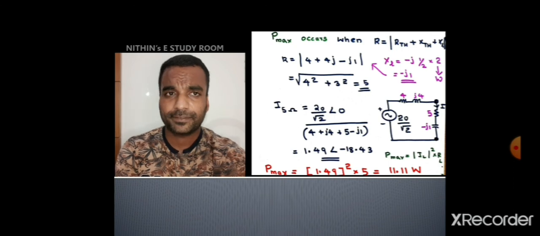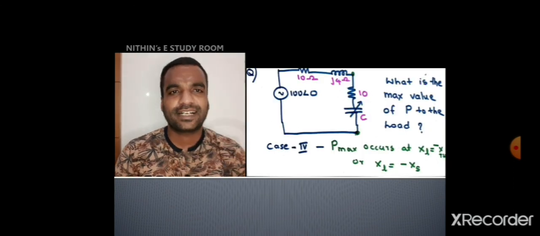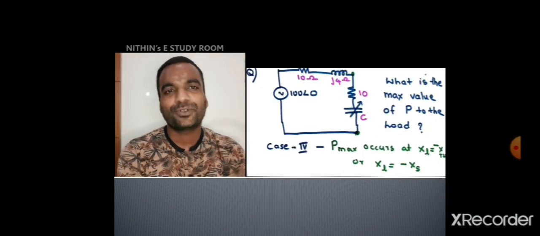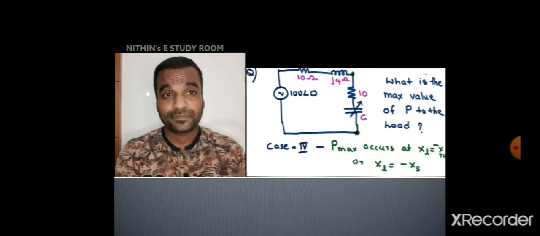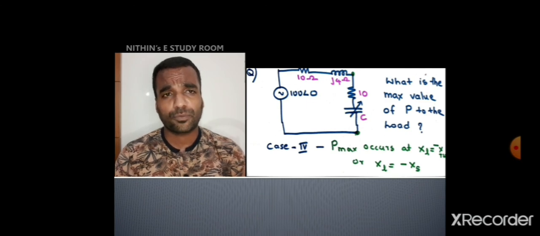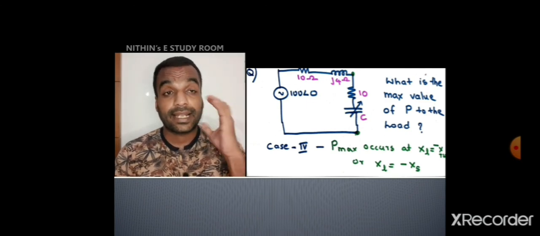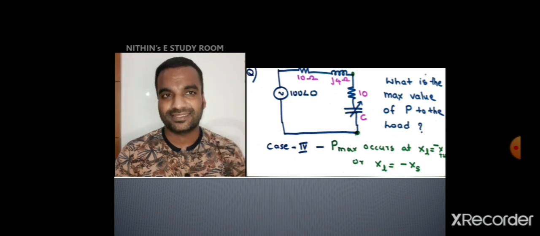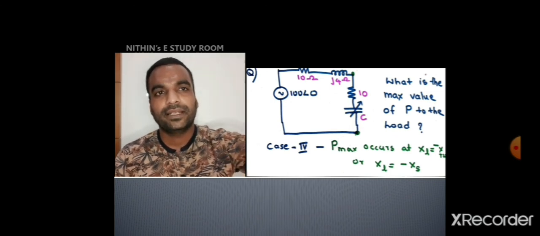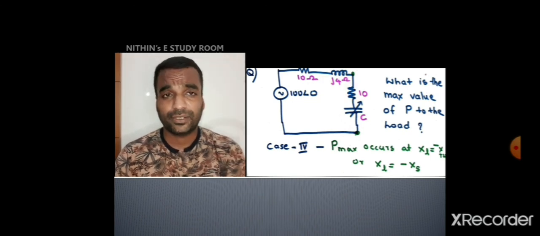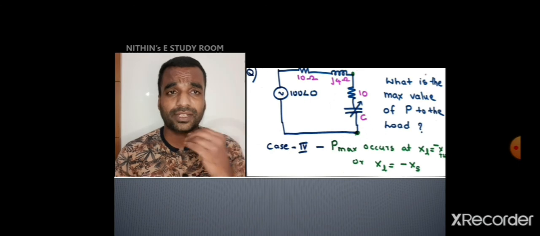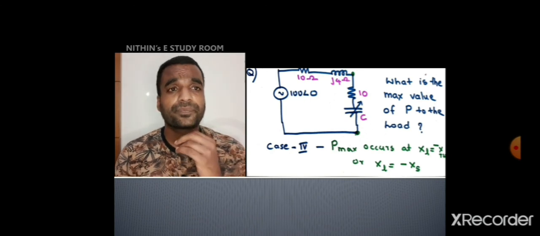Hope it is clear. And this is the last question. So now you know this may be the problem from case 4. Here you can see 100 angle 0 is the source voltage, and it is also a problem where a direct source to load connection is there. So the impedance will be internal impedance of the source. So you don't need to calculate Thevenin equivalent circuit and VThevenin. It all are given directly in the problem.